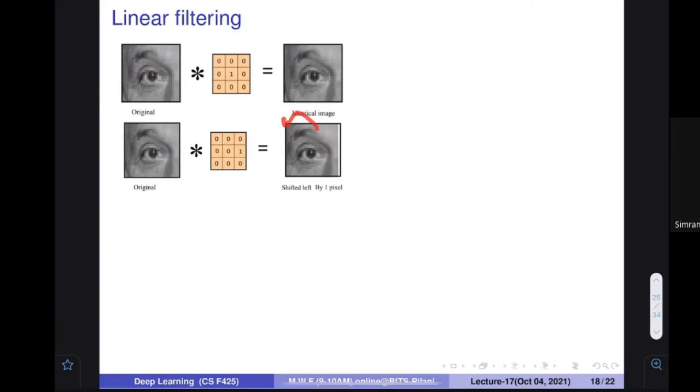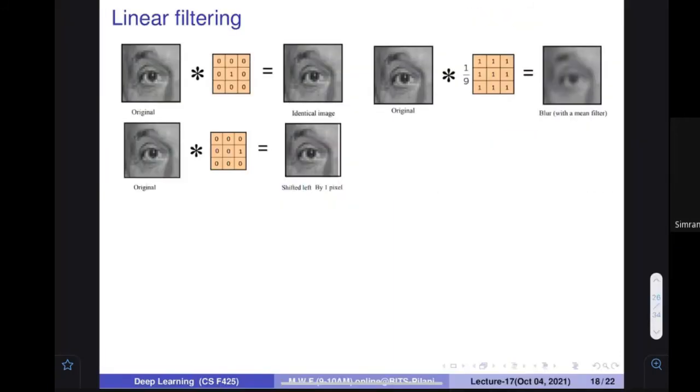The image is going to shift, because whatever value is here is going to come at this particular place. So the image is going to be shifted. All these pixels are going to be shifted. You can see there is one stripe, and all the things are shifted. Make sense? If I do a box filtering, averaging with 1/9, I'm going to get something blurred. You know this, all these things we have done.